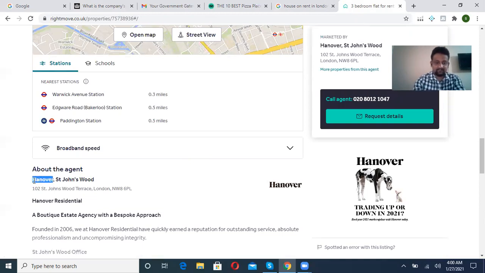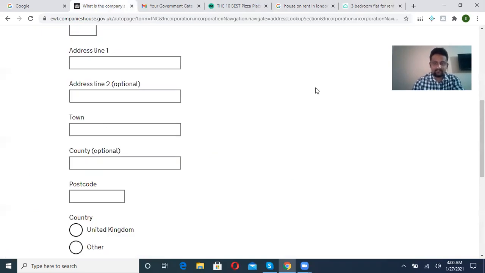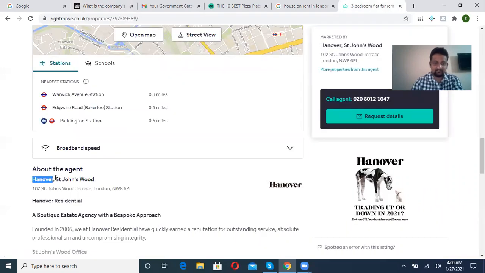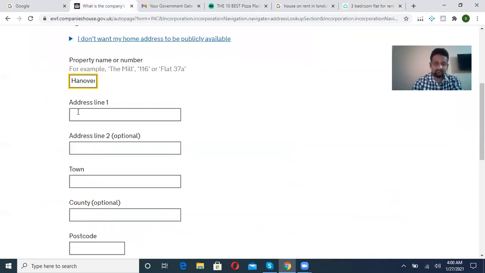So I'm trying with this one just to make the account. Let's see if it works or not. Else I will find some other address from Google.